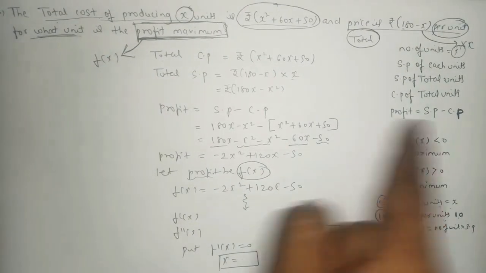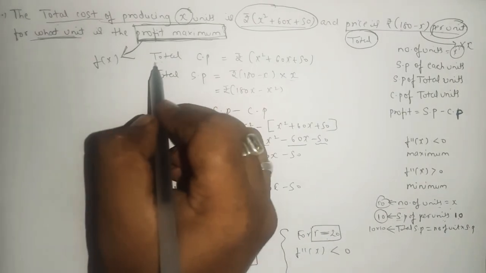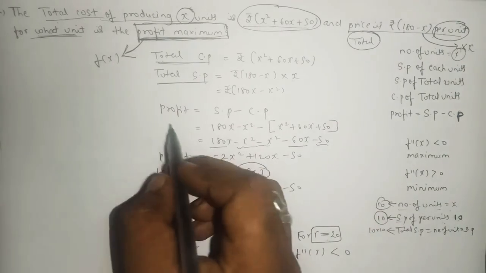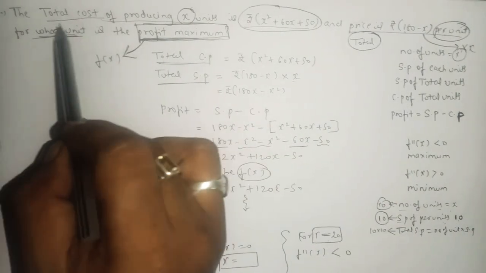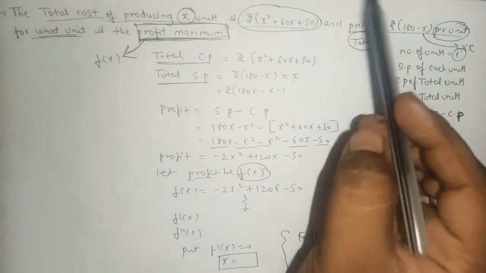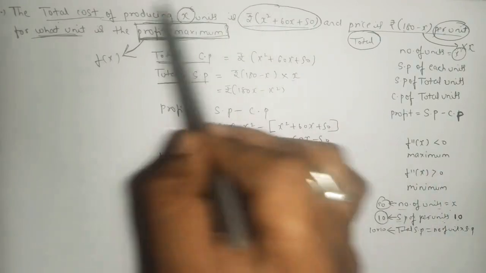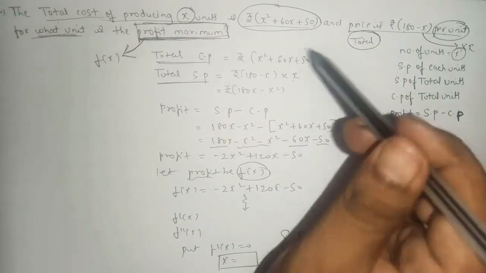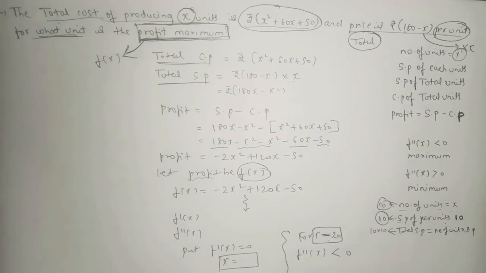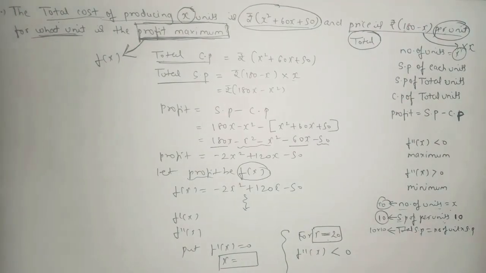So whenever you come across these types of sum, see to that you require the total cost price and total selling price. Without total cost and total selling price, don't apply the formula. So here it was clearly mentioned the total cost of producing. Here it is not mentioned per unit. Whenever in a sentence for a cost price or selling price it is not mentioned per unit, see to it that actually that sentence is the total cost price only. If it is mentioned per unit, then it is not a total cost price or selling price.